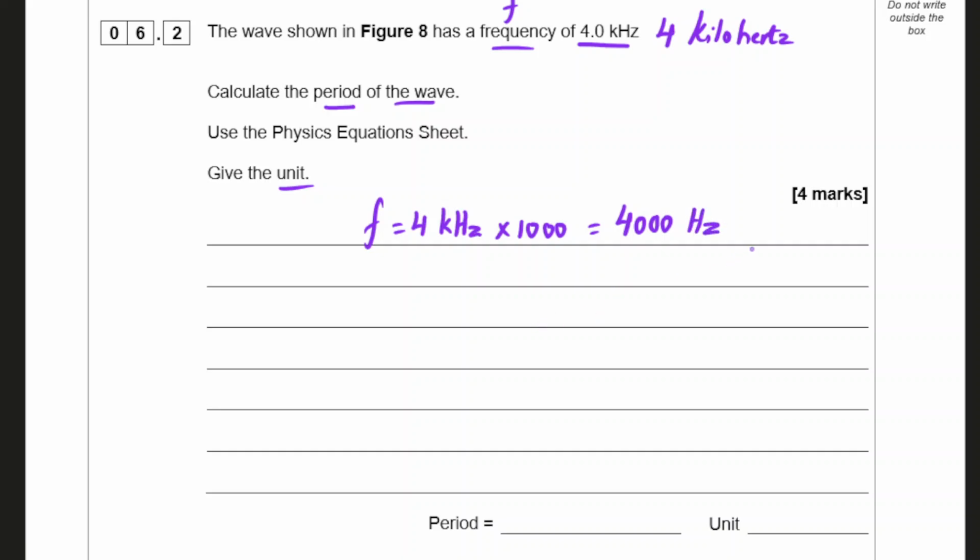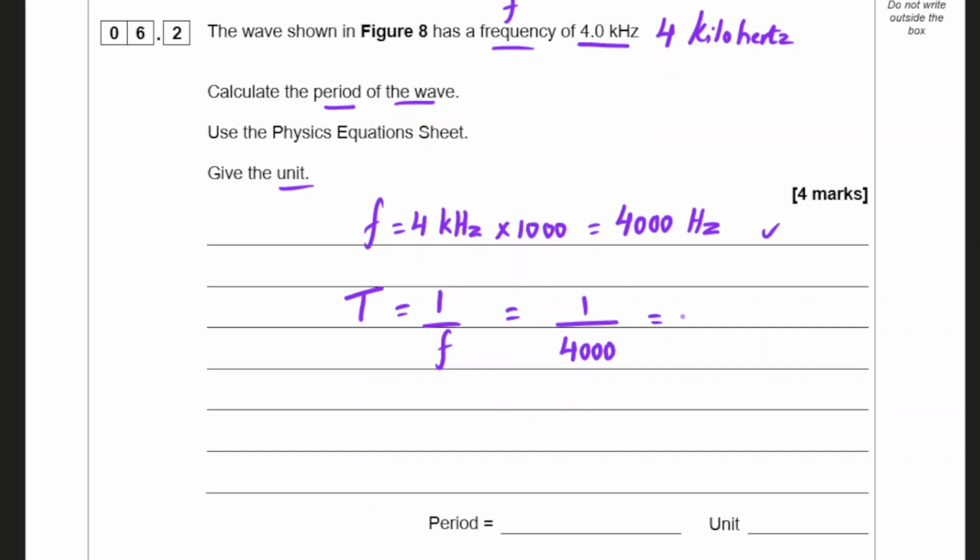That carries a mark. Now you need to use it in the equation for wave period. Now wave period, the symbol is capital T, not lowercase t, is equal to 1 over F, which is the frequency. So 1 over 4000